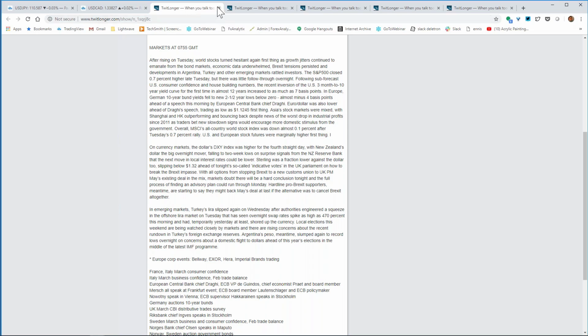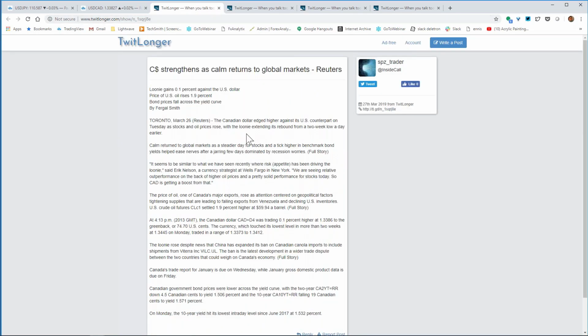And let's just go on and wrap up the rest of the news rather quickly. With the Canadian dollar strengthening as calm returns to the global bond markets, it seems to be similar to what we have seen recently, where risk appetite has been driving the loonie, said Eric Nelson, a currency strategist at Wells Fargo. Price of oil, one of Canada's major exports, rose as attention centered on geopolitical factors,